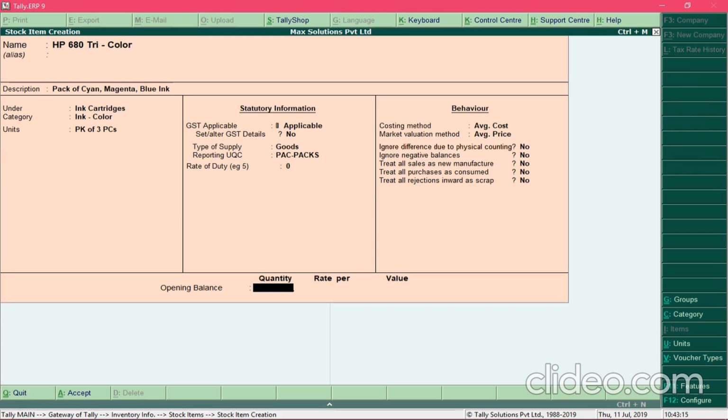So suppose I have 10 packs of this item, then I can specify its quantity over here, and specify its purchase rate, and specify the unit, whether it is pack or pieces. So this is useful when you want to record opening stock for an item. So right now I'm not going to specify any details over here, and I'll just accept the item creation.